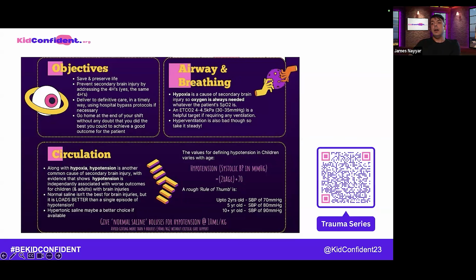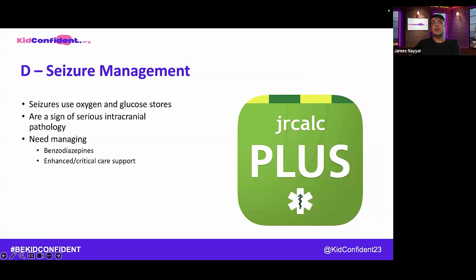One thing just to mention, I did sort of kind of mention it, is seizure management, because seizures use oxygen and glucose, and they're a feature of head injuries towards the more severe end of the spectrum, and they're important to manage, as seizures use up your oxygen and glucose, while also producing lactic acid from muscle activity, contributing to acidosis, which in the context of trauma is really bad because it contributes to coagulopathy, and then you get hypothermia, and you've got that whole triad of death thing going on. The heat, though, generated by seizures may also have an impact on brain function and damage.